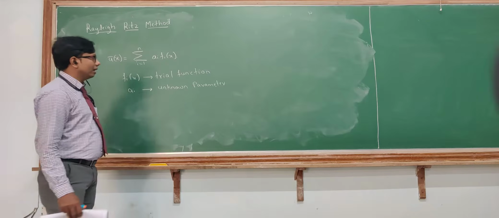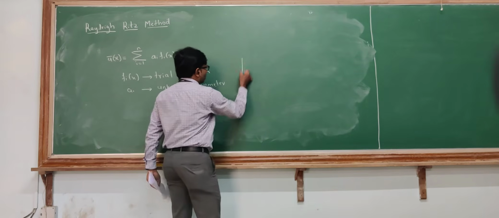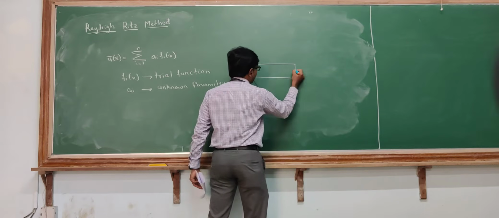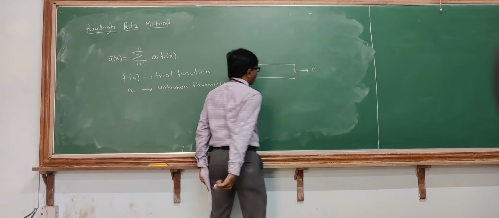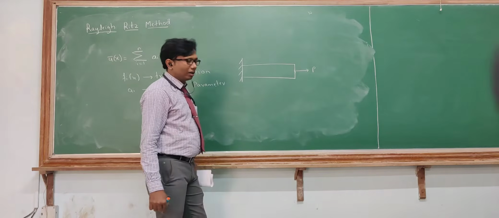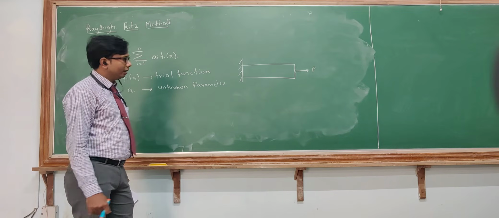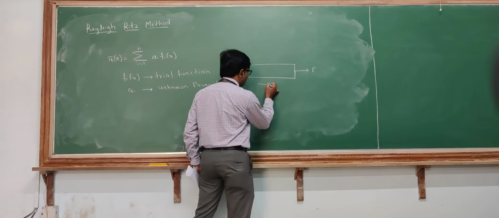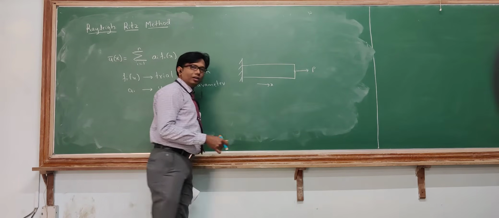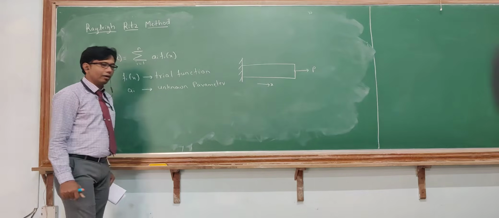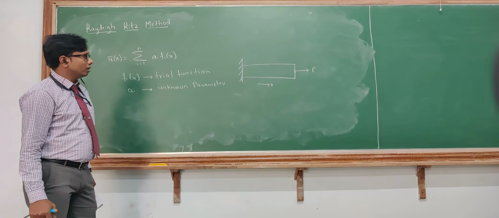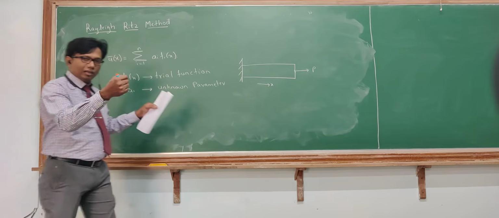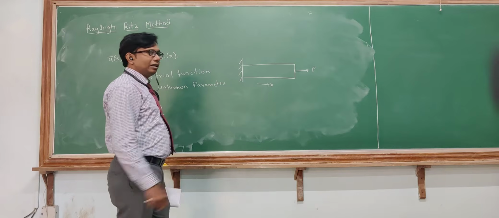For example, if I take a bar and apply a load on that, how is the displacement happening here? It is happening linearly. Okay, it is a linear displacement, where I am interested only in this particular direction. I am not interested in the other two directions, that is the area-wise; I am interested only length-wise. So the displacement is changing linearly. Okay, so that is called a linear displacement.